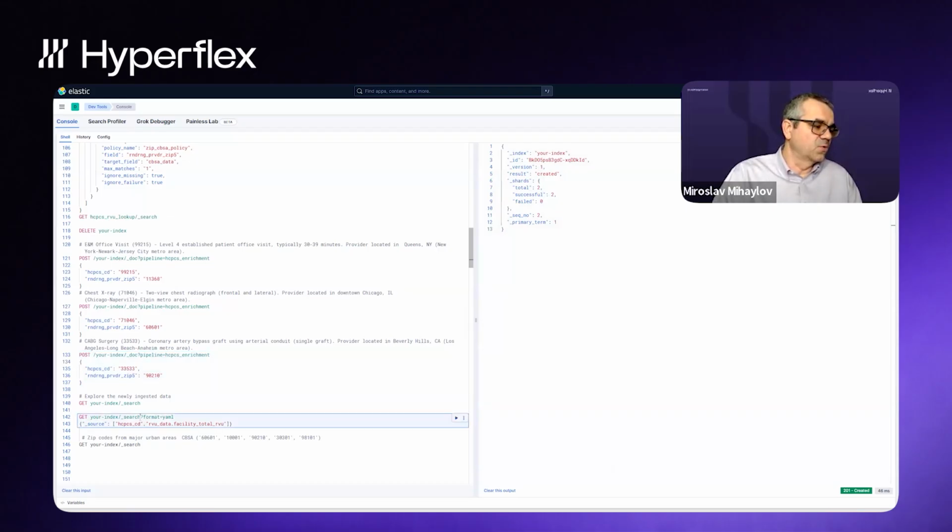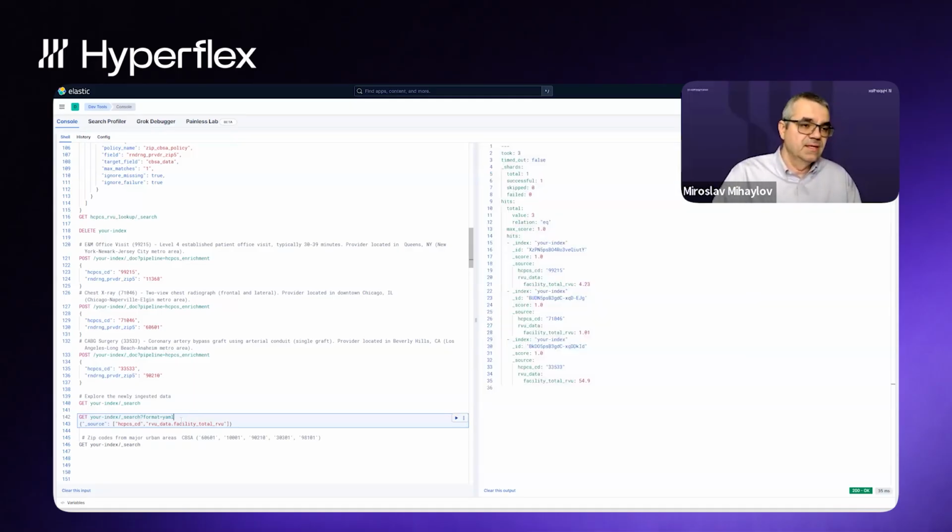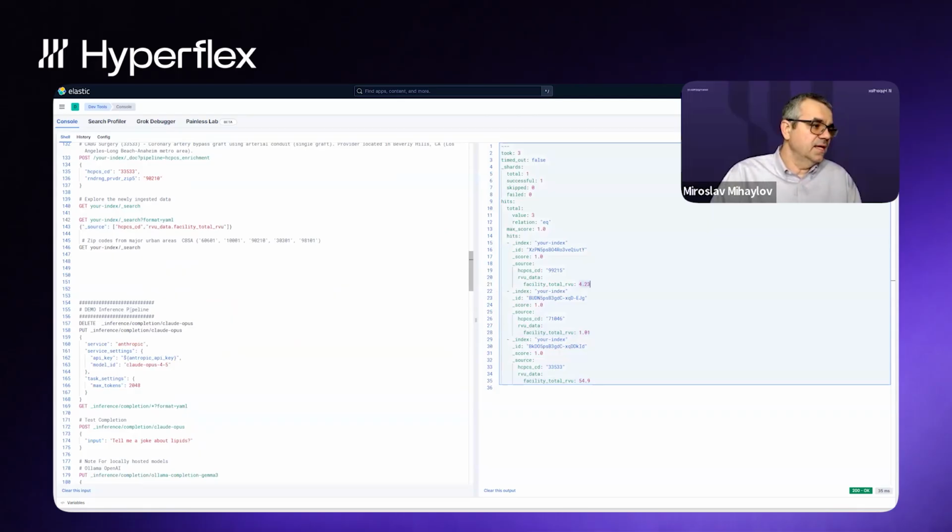And now if you query that index with those three documents and just extract the total RVU for facility, we will see that our cardio procedure has RVUs of 54 versus reading an X-ray at 1. Those are relative value units. And that's basically how this works.